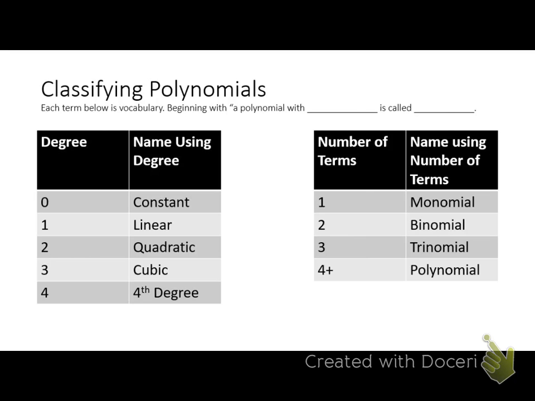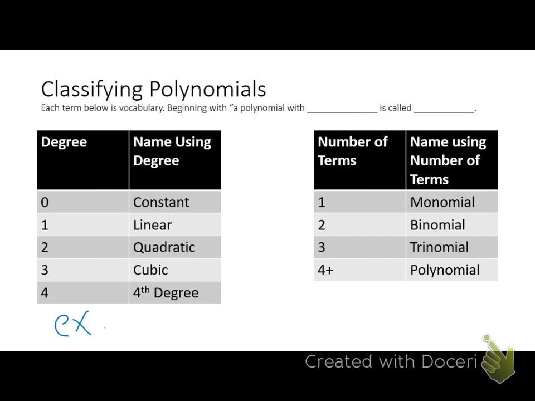So with this one, the degree is going to be one name, and then it'll get another name by the number of terms. So it'll get both, okay? So, for example,